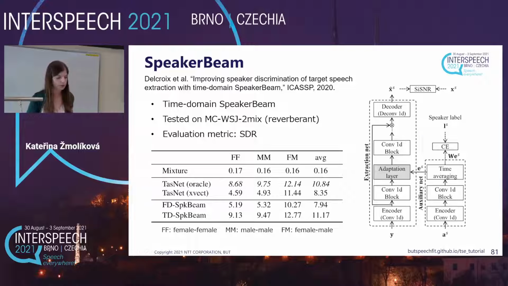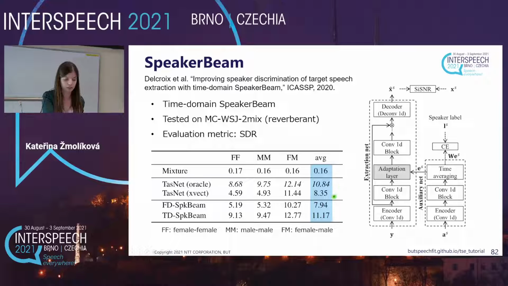Here we have some results of time domain SpeakerBeam, which are results on the multi-channel Wall Street Journal 2mix dataset, which includes also some reverberation. And here the evaluation metric is SDR, so the higher the better. We can first look at the last column, which compares the average SDR over the set for different methods. So the very last row here is the performance of the time domain SpeakerBeam, and we can compare this